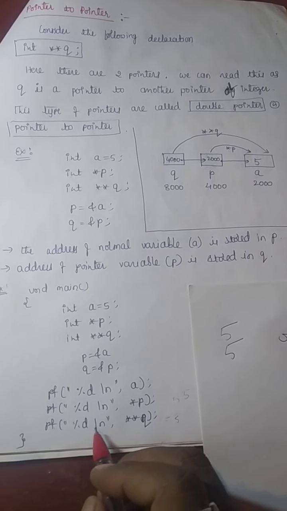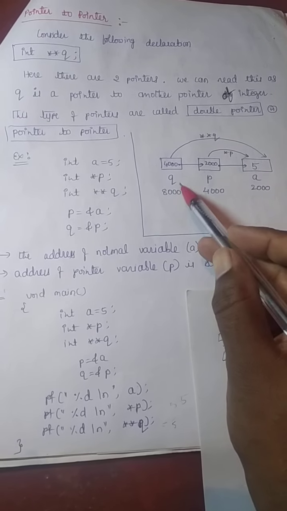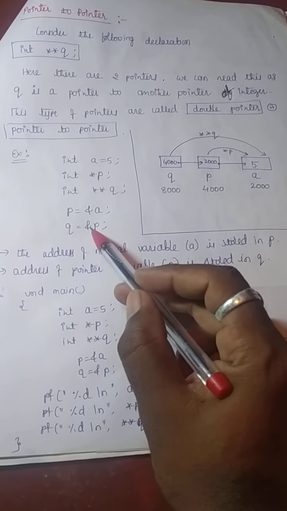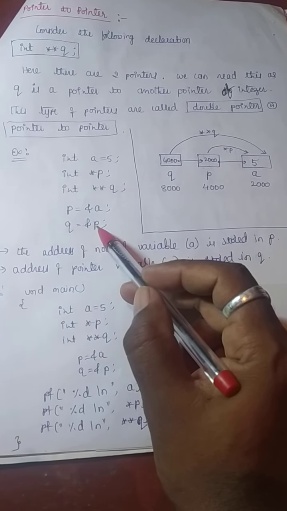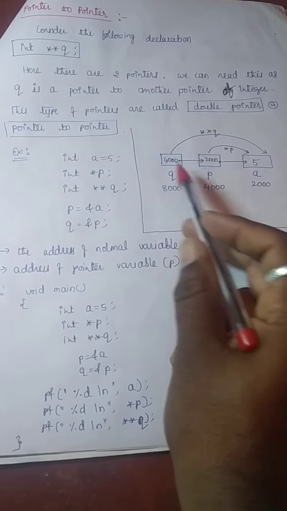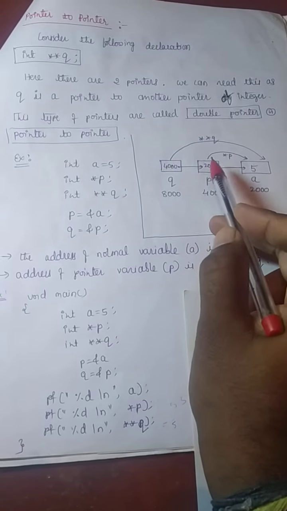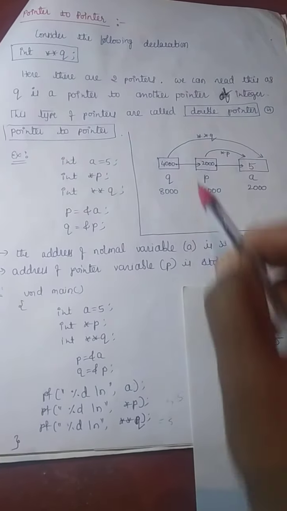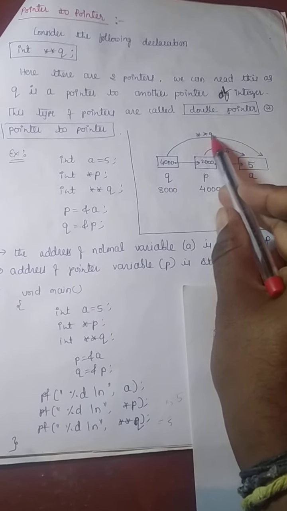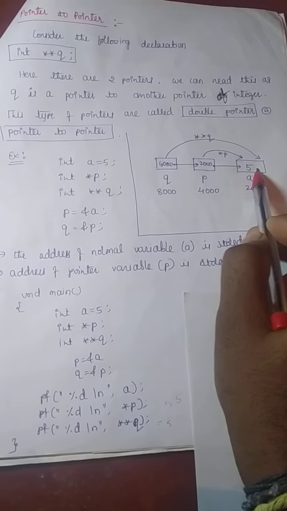Then printf("%d\n", **q). See here, q is there. q has &p. It means q is holding the pointer address 4000 here. It means this is pointing to this. Got it? If you take **q, you can observe **q is pointing to a's value indirectly. Why? Because